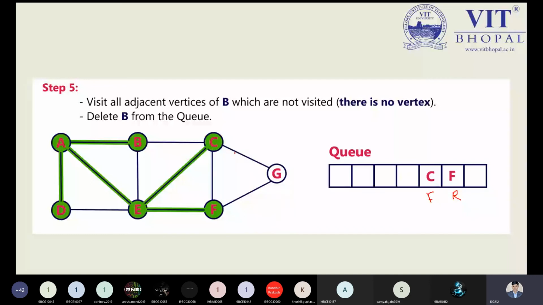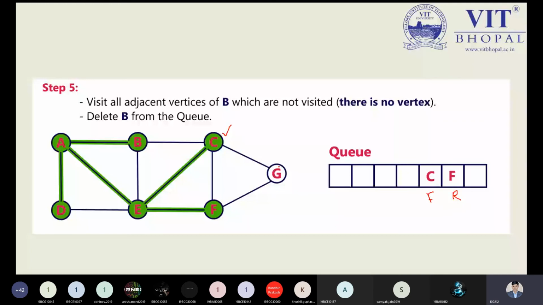Now come to the point C. Now why I'm not using the pick, because B is already visited and there's no more vertex connected. So C is already in our queue, and E is already visited. So we will remove the B, and then now come to the point C and F. So you can pick the F and C? C you can pick, but keep in mind G belongs to the C. So we will choose the C first, and then we'll go to the G.